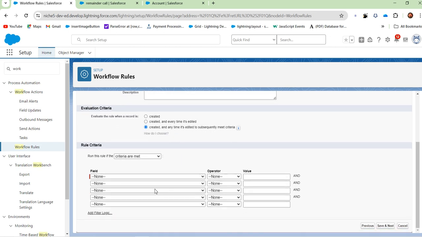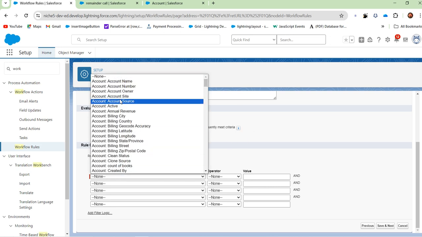This means if the account is created and meets the criteria, or anytime it's edited and meets the criteria, then the same way,